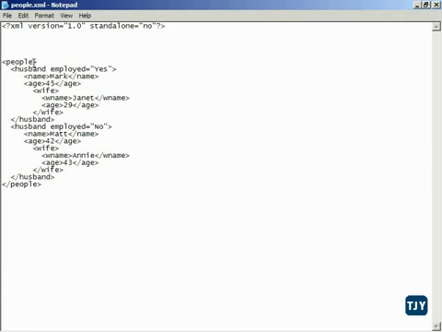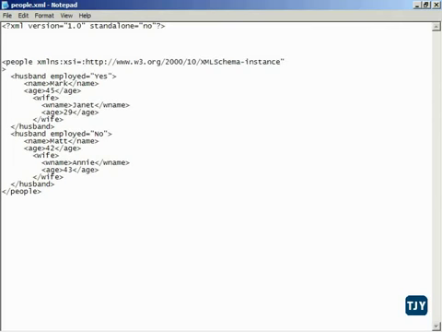We went into the root tag and we told it xmlns:xsi equals http://www.w3.org/2000/10/XMLSchema-instance. Now that set up a namespace, and then we used that namespace, notice xsi, to point at the